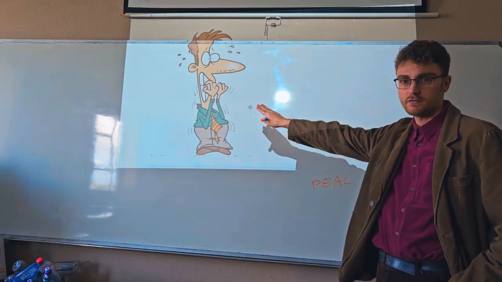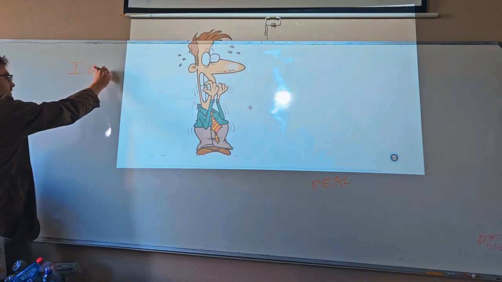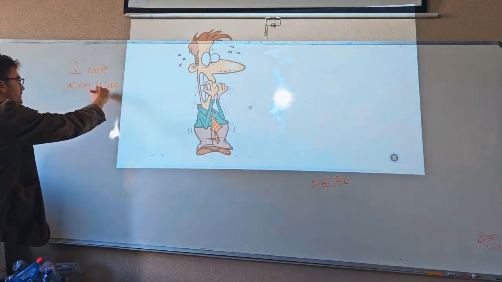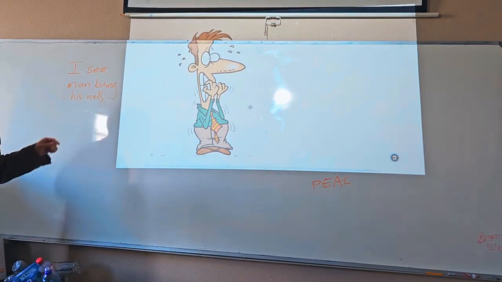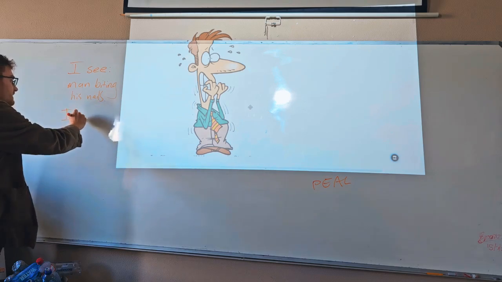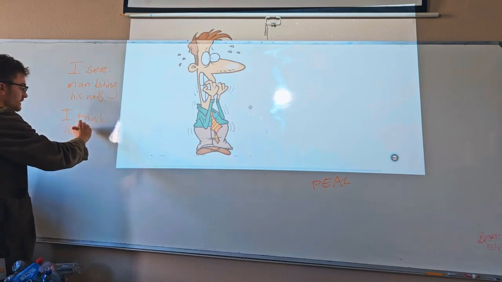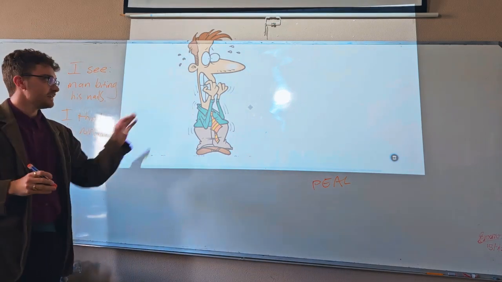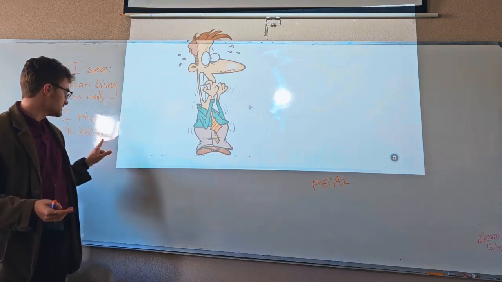If we look at this cartoon, what can you see? So, I see a man biting his nails. That's a fact which we can see. But then if we try and interpret this, we can say, I think he is nervous. So, we've taken an observable fact that he's biting his nails, and then we've interpreted this to say that this